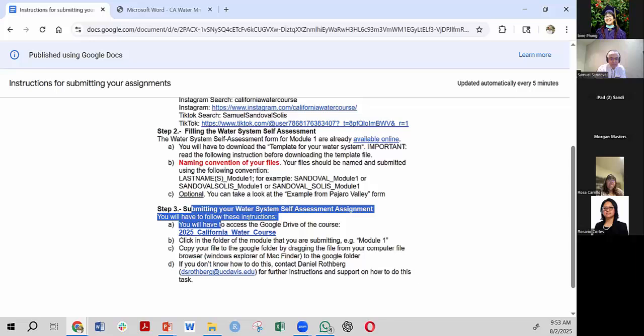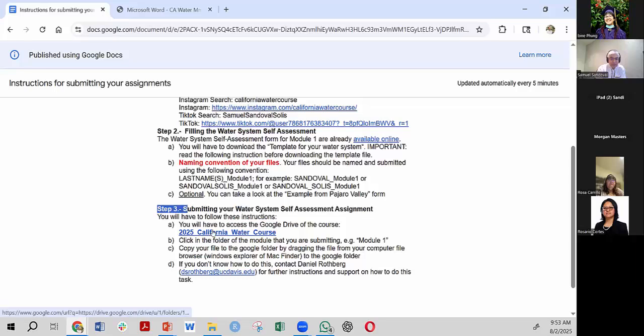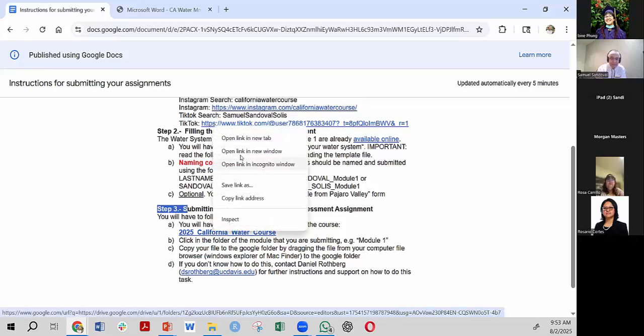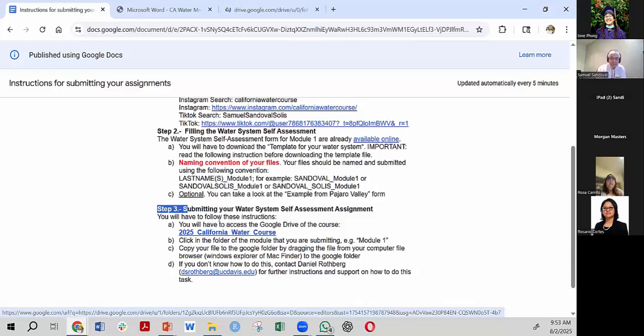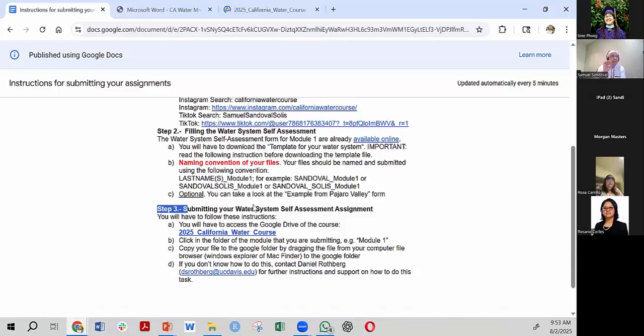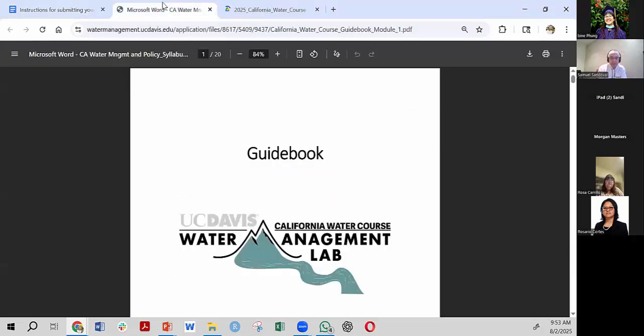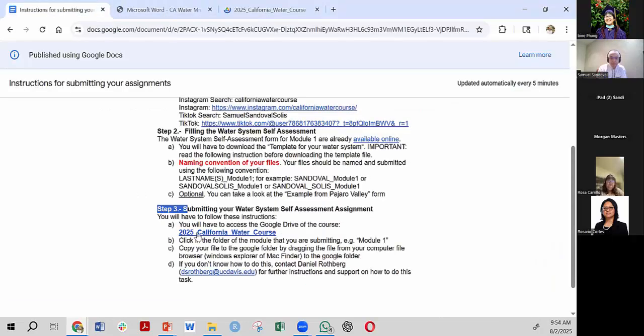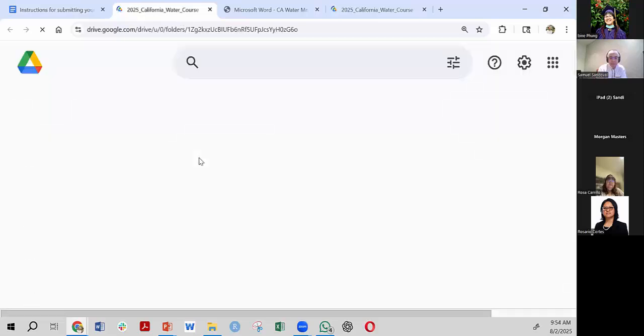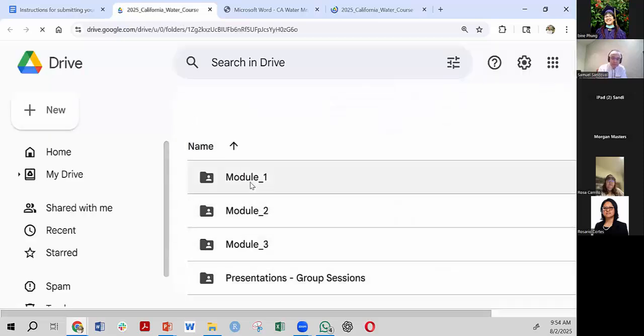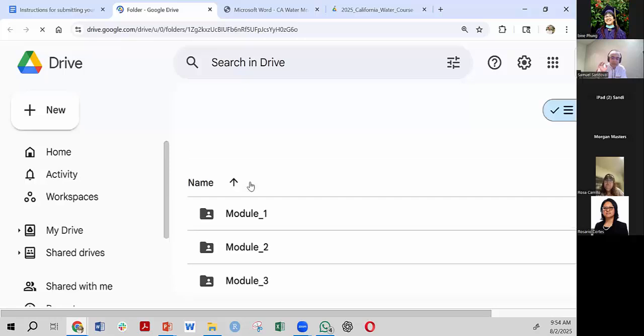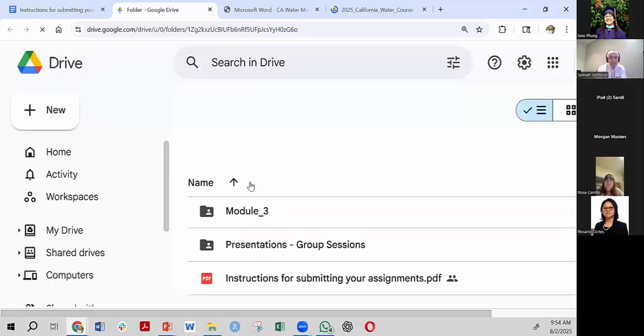And then you're going to submit your materials to this share folder. Basically, you name your materials and then you copy and paste it on this folder that is coming up somewhere here, I think. So, let me see. Oh, that one is coming here. So basically for module 1, you will go here in module 1 and you'll copy and paste your assignment there.